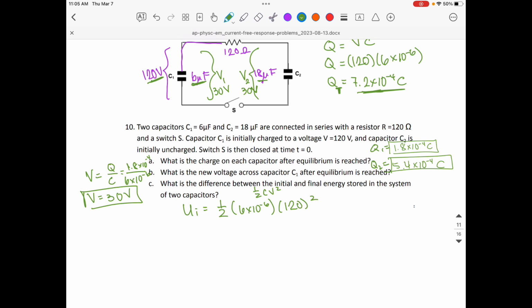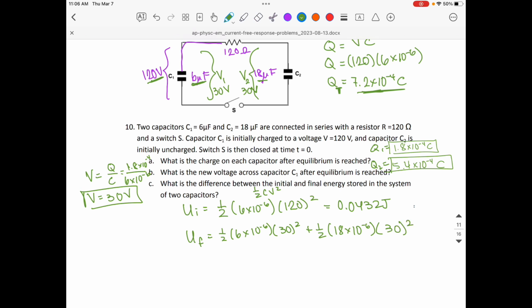So if I do the initial energy, I do the full 120 volts, and then I end up with 0.0432 joules. The final energy is equal to the sum of the energy from each individual capacitor. So the first capacitor is 1/2 times 6 times 10 to the negative 6 times 30 volts squared, and then I'm going to add it to the second capacitor,